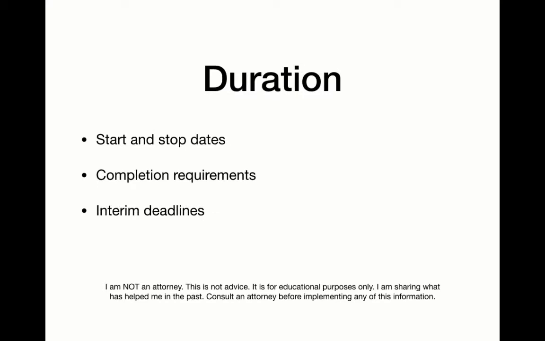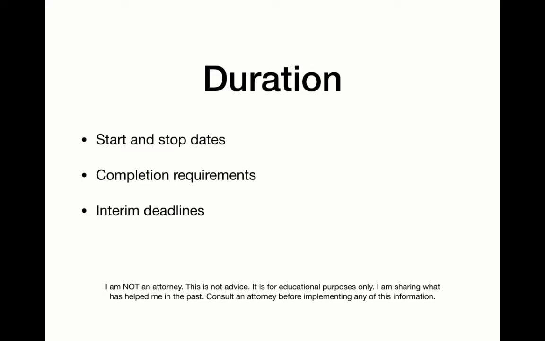Duration. Contracts need to have when they start and when they stop, so put those dates in there. It's possible they're not dates, they may be events. For example, it might start when the first payment is made, or it might start immediately upon signature, or it might start the first of next month. Whatever that is, put that in there. And if there are completion requirements, for example, a contract might be finished in a year if it's simply managing their ad account, or if it's letting them use your software, that might have a firm date, but it might also have a completion requirement.